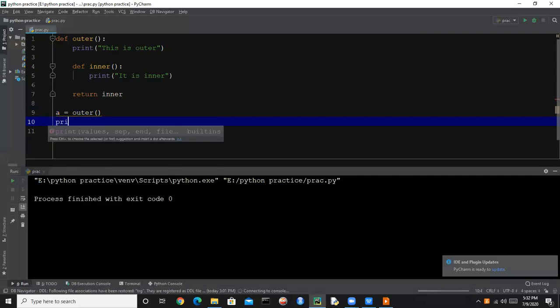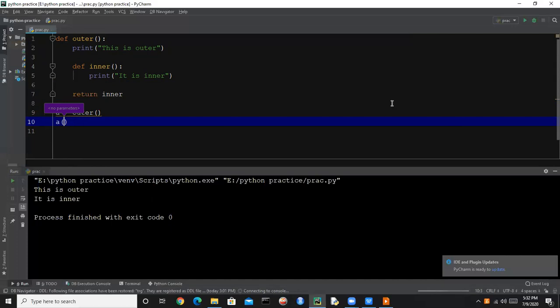So let's call a, and if we call a, what should be the output? Let's think about it. So the output is: this is outer, and it is inner. So now we can call the inner function also outside the scope. This is the beauty of closures.